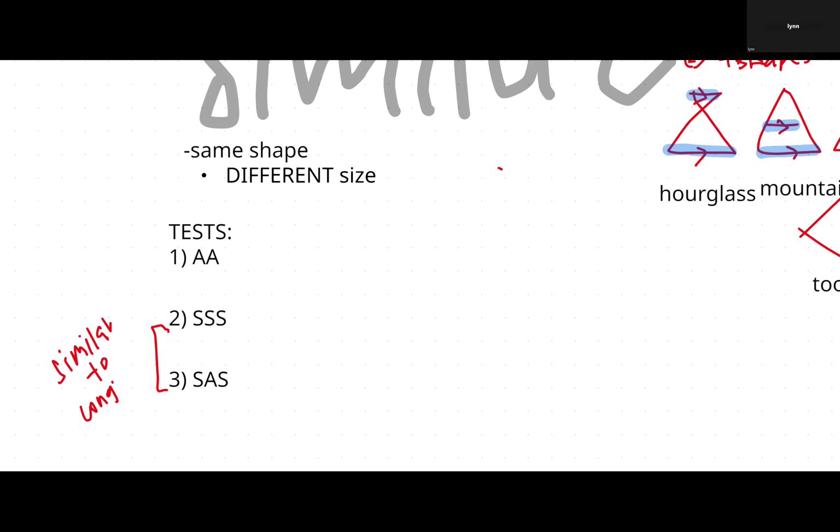So it's similar to congruent, okay? AA means only 2 angles. 1 angle here, 1 angle here. Only 2 angles. Now, when it's SSS, even though it's similar to congruent, there's one particular part that is a